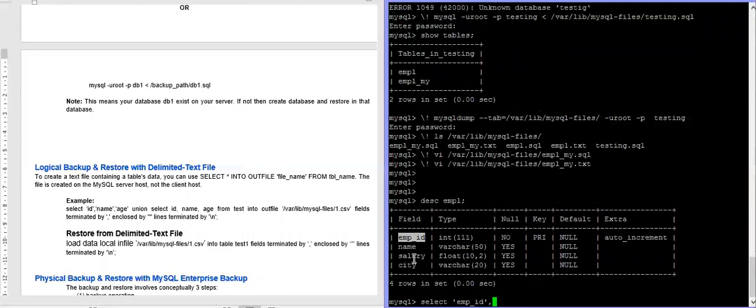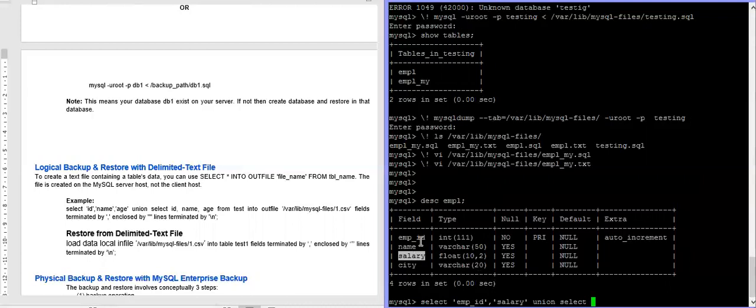Suppose I want to see only empid and the salary. Okay. Union. Why have we taken union? Because I want to generate a heading of these two columns. Now we can originally select the fields from that table.